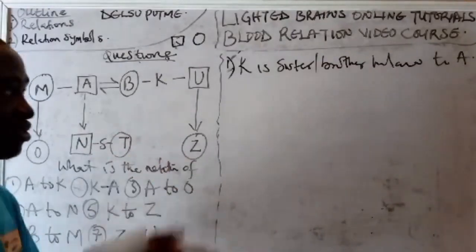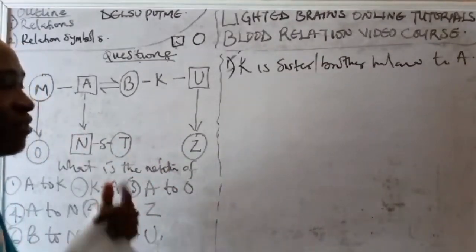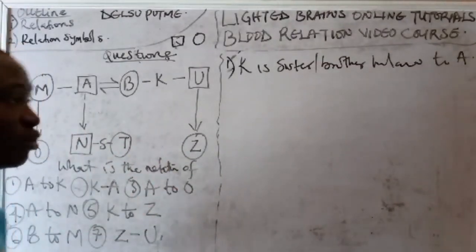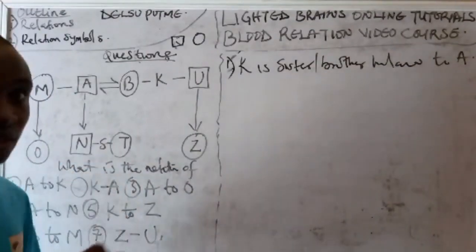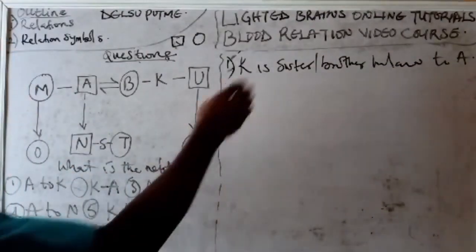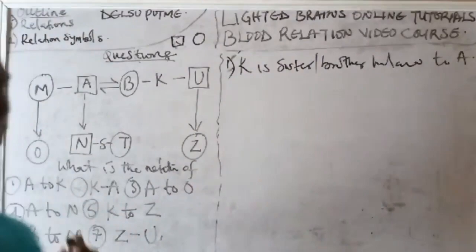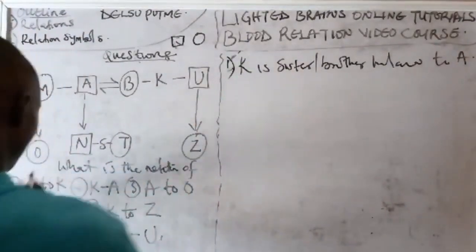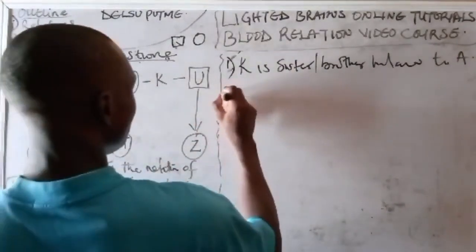Your wife's sister is called what? Your sister-in-law. While your wife's brother is called what? Your brother-in-law. But this one, the relationship is not known. Do you understand now? That's why I wrote brother or sister or in-law. So number one is what? Correct. Then number two is that